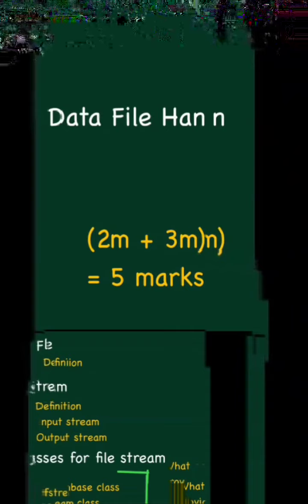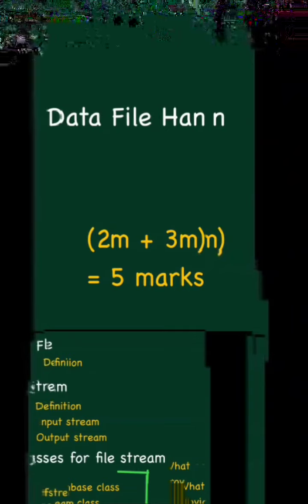Then file pointers. This is also important. What is the get pointer and what is the put pointer? Next, the seekp and seekg functions, and the tellp and tellg functions. It is very important, and you can expect a question from file pointers, where they may ask you the difference between seekp and tellp, seekg and tellg. You have to learn what each does and its syntax along with some examples. So this is important from file pointers.